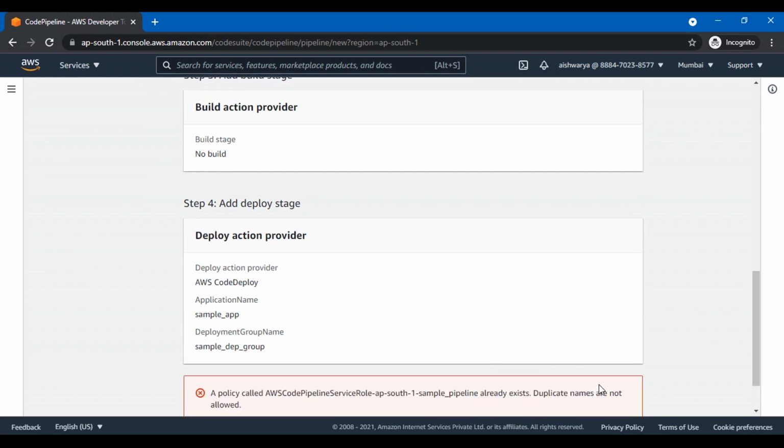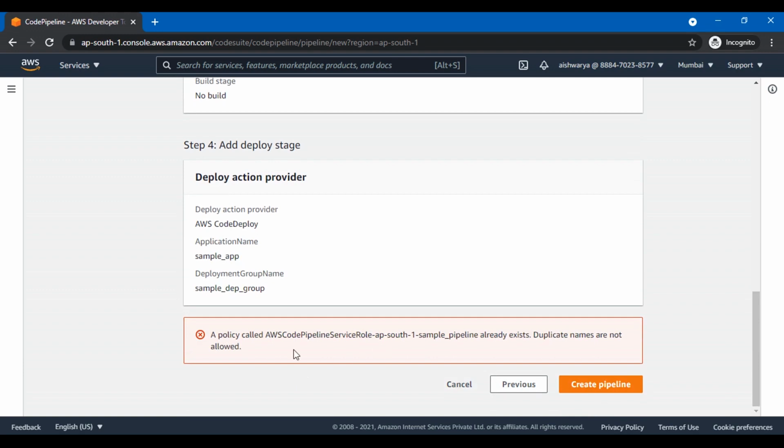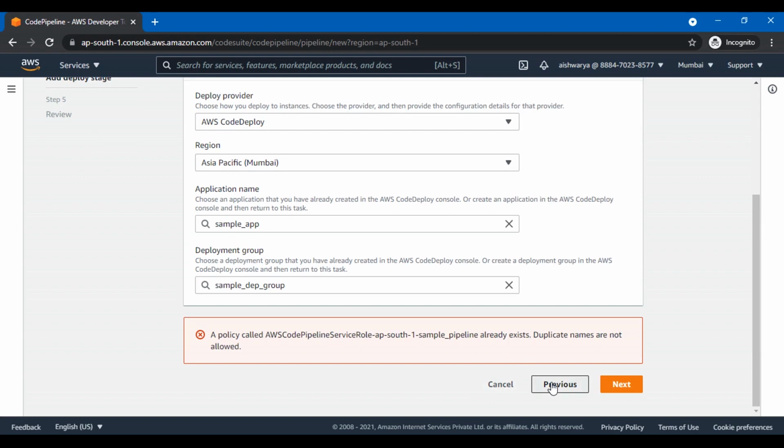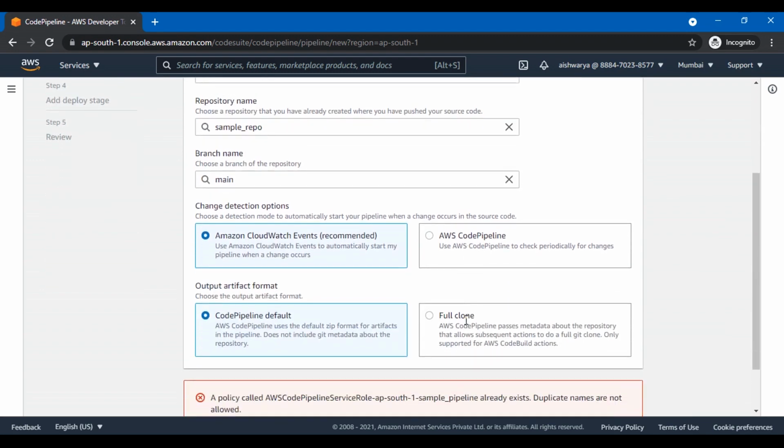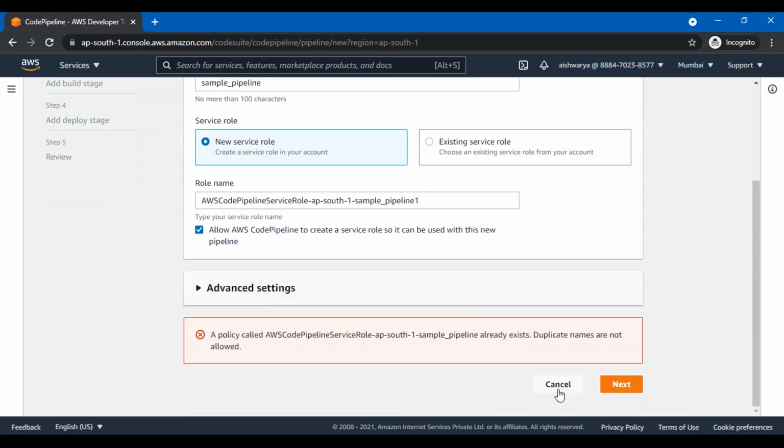So soon, okay, a policy called, okay, let me change the policy name here. Let me go back. Where was the policy? I have done this earlier, so maybe because of that it is not accepting the same name.